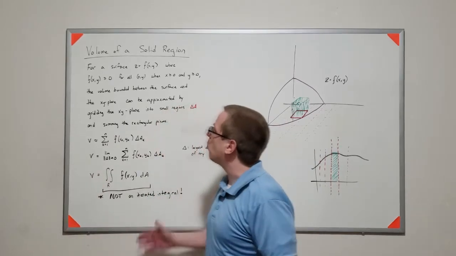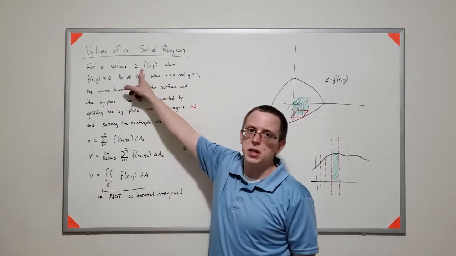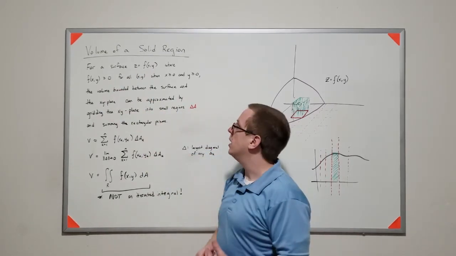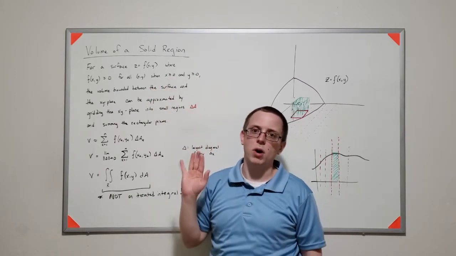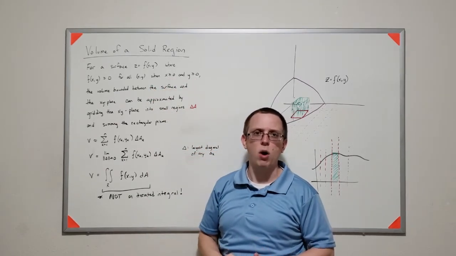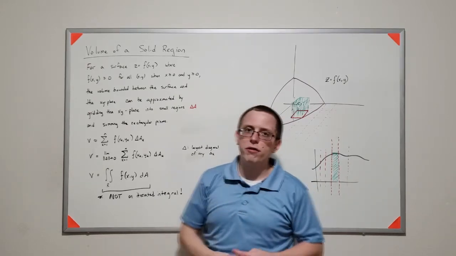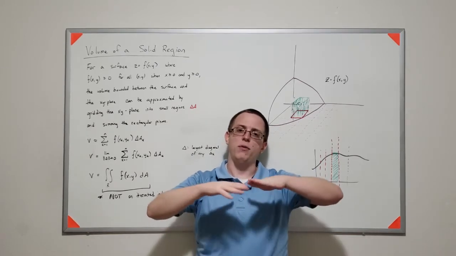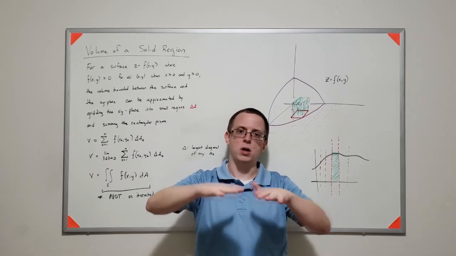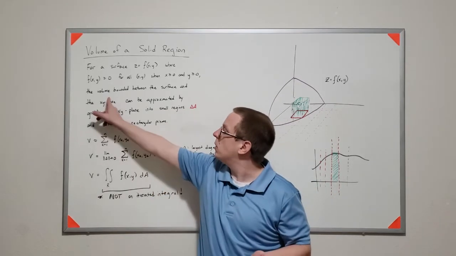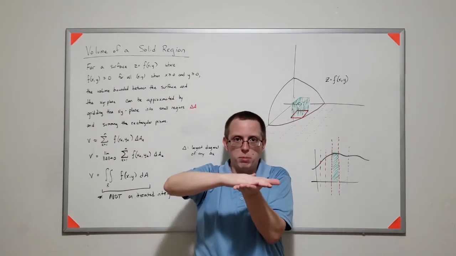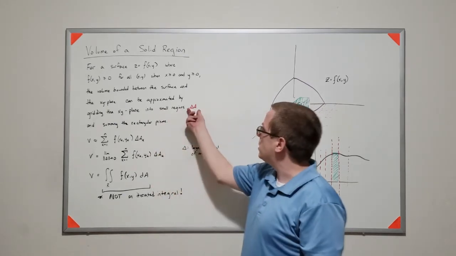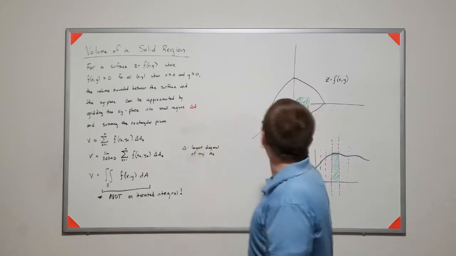So saying this a little more explicitly, let's say I have some surface z, and it's always greater than or equal to 0, and we only care about the cases where x is positive and y is positive, so that quadrant of the inputs. We're really just doing this to establish a very simple case, and we're going to expand it later. If we want to find the volume between the xy plane, or z equals 0, up to the surface, what we do is we take these delta A's, these little area regions here,